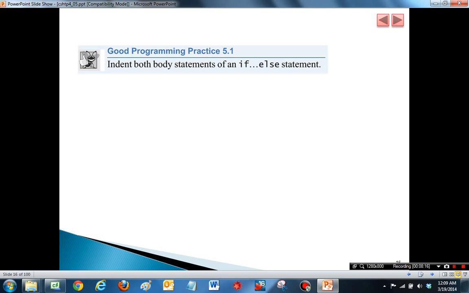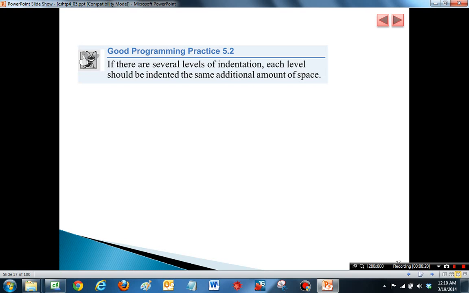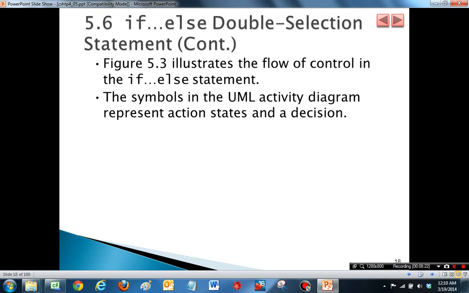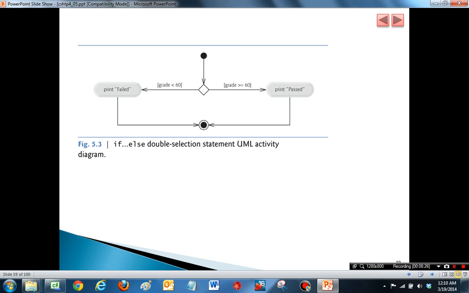And we usually indent the body of the statements, using a fixed amount of indentation. The UML activity or workflow diagram is indicated. This is a two-sided double selection statement,